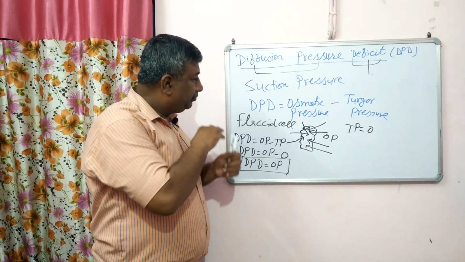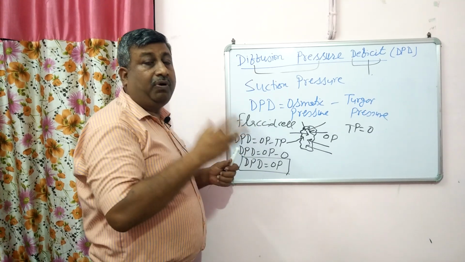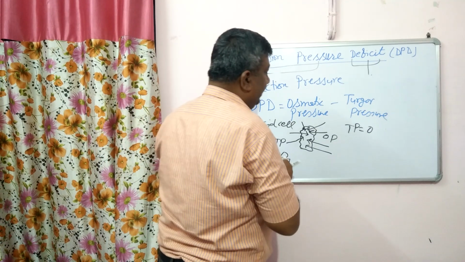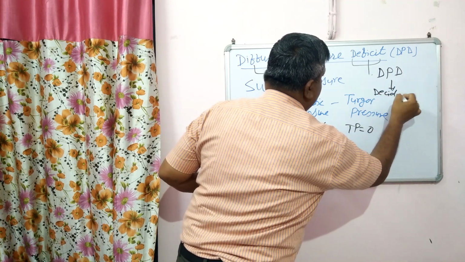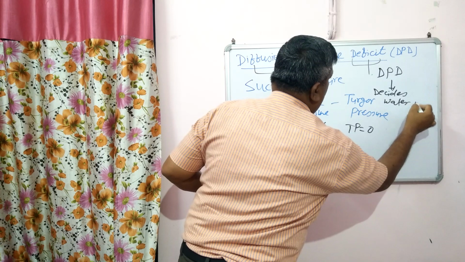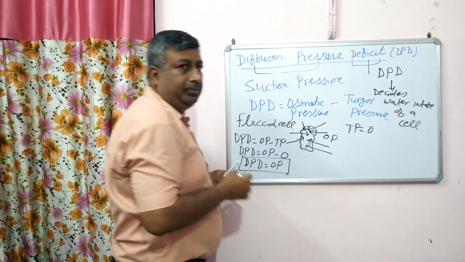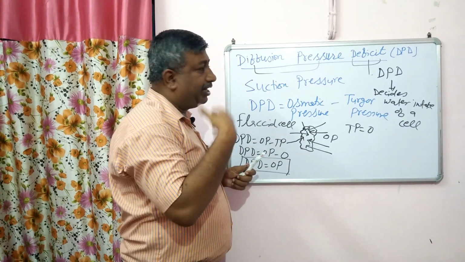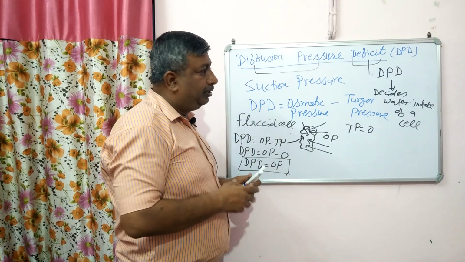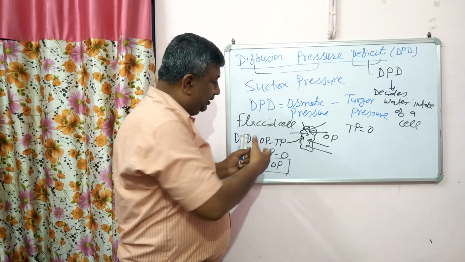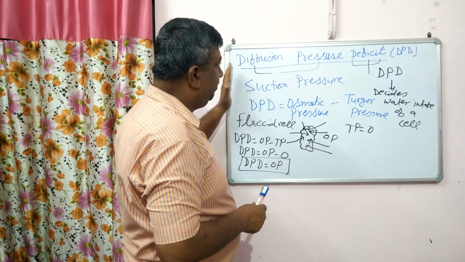और turgid cell में कोई diffusion pressure deficit नहीं होगा. And this DPD is responsible for entry of water. So this DPD decides the water intake of a cell. तो ये DPD से पता चलता है, अगर DPD ज़्यादा है तो वाटर इनटेक ज़्यादा होगा, अगर DPD कम है तो नहीं होगा. और मैक्सिमम DPD होगी इक्वल टू ऑस्मोटिक प्रेशर. तो DPD डिसाइड होती है ऑस्मोटिक प्रेशर और टर्गर प्रेशर के डिफरेंस से. So this is the DPD, and the